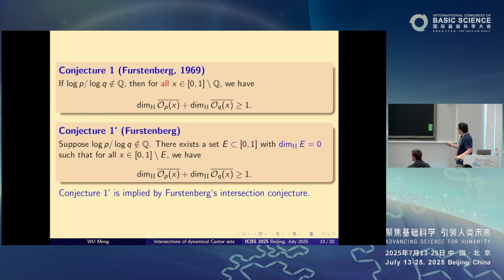So he asked if it is possible to prove that there exists an exceptional set E of Hausdorff or Bouligand dimension 0, such that for all x outside this E, we have the